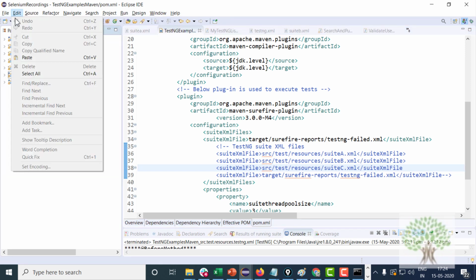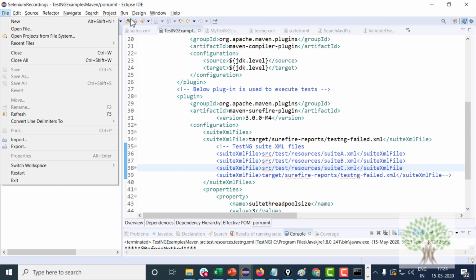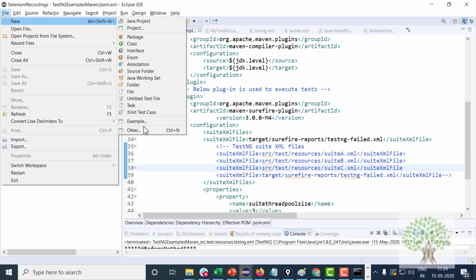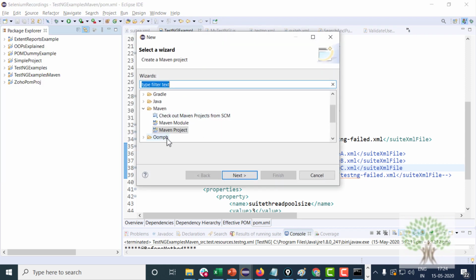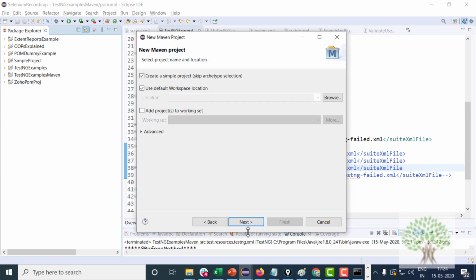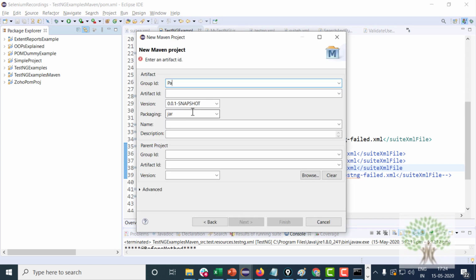I'll create a new Maven project for this, because I don't want to unnecessarily complicate my current project. I'll create a new Maven module and name it parallel testng example Maven. Fine.